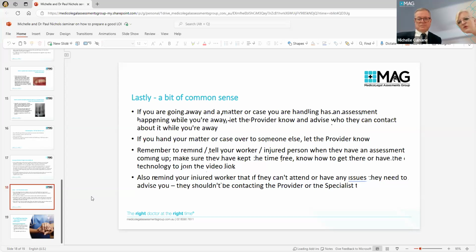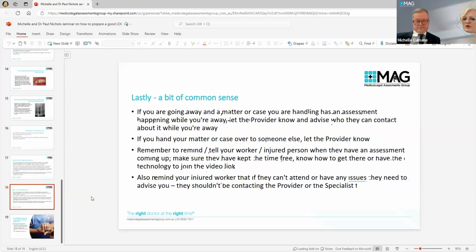It often happens that we will get a case manager or lawyer ringing us up and saying, I'm still waiting on the report for my claimant, Mr. Smith, that Paul Nichols was supposed to do. And we will look it up and we'll find out that Dr. Nichols actually provided that report 2 weeks ago to the person who made the booking. But we haven't been told that that person has left the firm, moved on, or is on holiday. Now, legally, we can't normally re-release reports to anyone who rings up. So we then need to get some kind of authorisation from the firm or from the insurer to approve us to release the report to a second contact. So if we had been told in advance that someone was going to be away, that issue wouldn't happen.